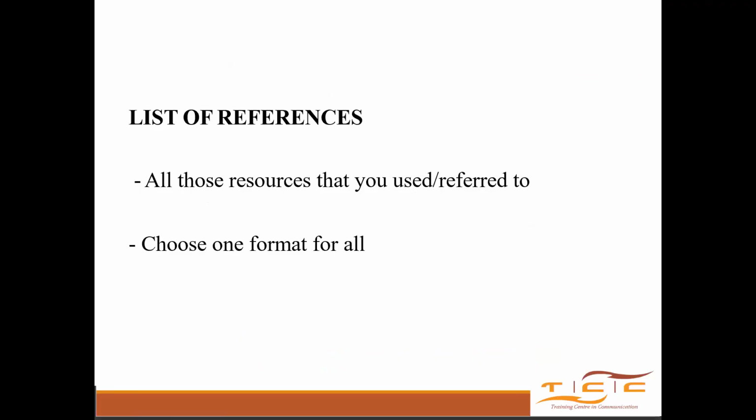Then list of references. This is all that you have cited. So make sure that everything that is cited in text is also listed. The other thing that I also want to say, which we are also going to talk about when you're writing our manuscript, is, if you have a figure or a table in your proposal, make sure that in your writing it is mentioned. I have seen people write, they have tables and figures, but then they describe everything without even talking about table 1, without talking about figure 2. So I read through the proposal and ask myself, at what point do I have to refer to this table or this figure?